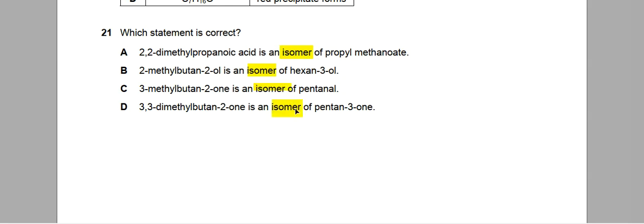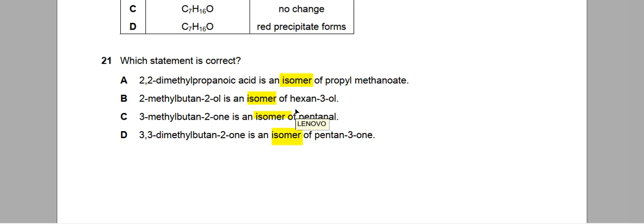Okay, so the simplest thing we can do is to check the number of carbons. If they don't have the same number of carbons, they are definitely not isomers. If they have the same number of carbons, we can check the rest: the number of hydrogen and the number of oxygen. So we can sketch out